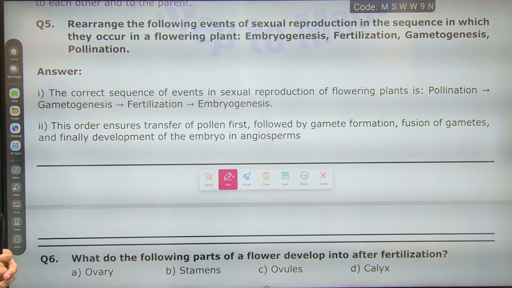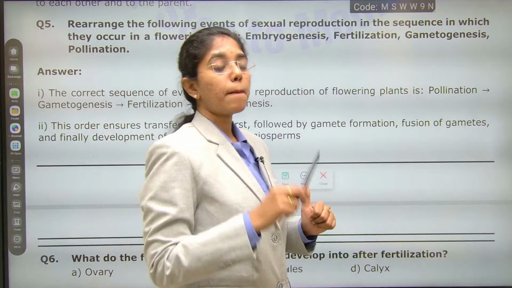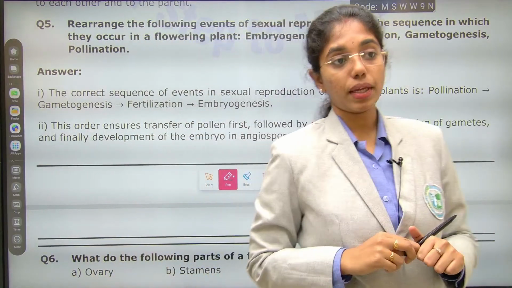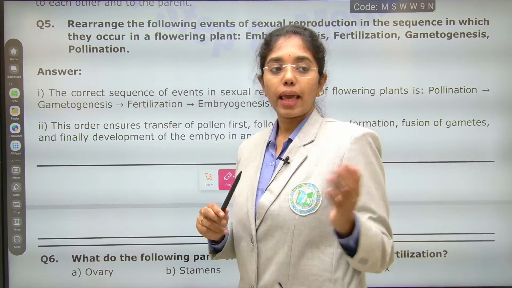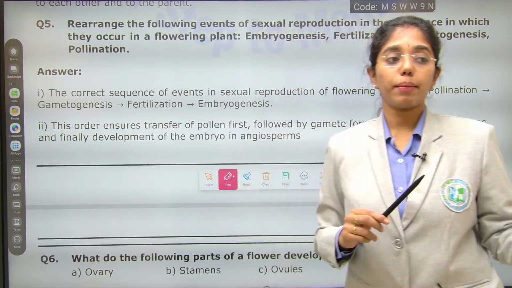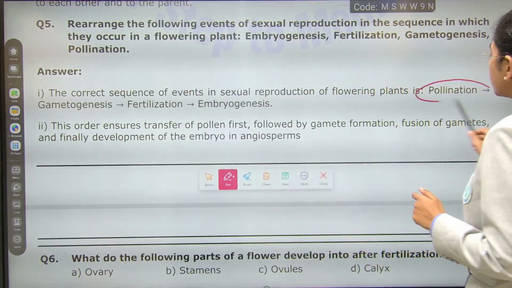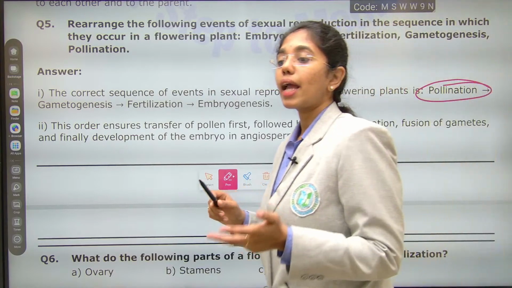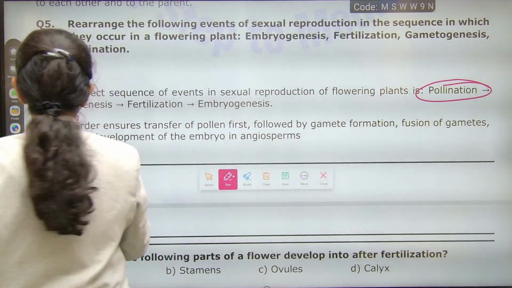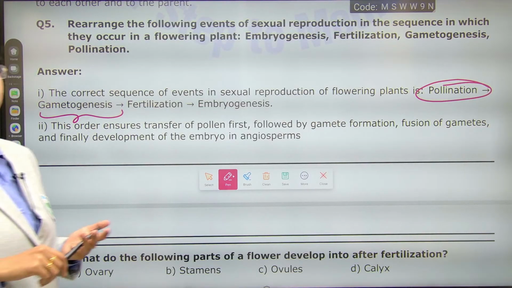The correct sequence is: first, through pollination, male gametes will reach the female gamete. Pollination in angiosperms can be through abiotic agents or biotic agents. After pollination, the second event that occurs is gametogenesis, that is gamete formation, followed by fertilization, that is gametic fusion,